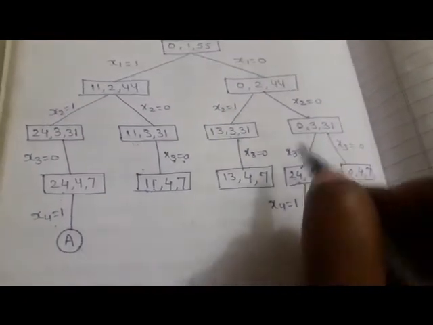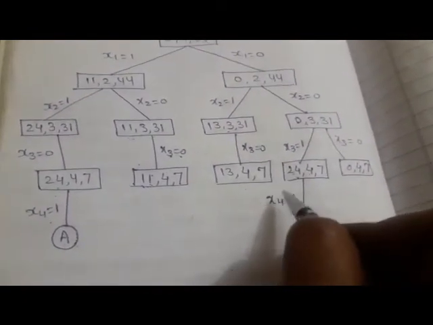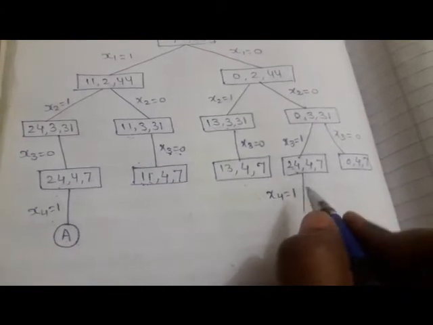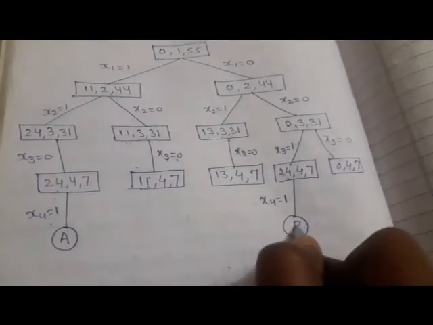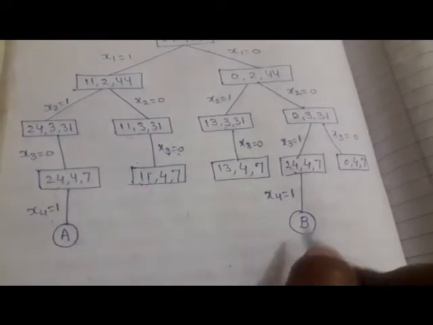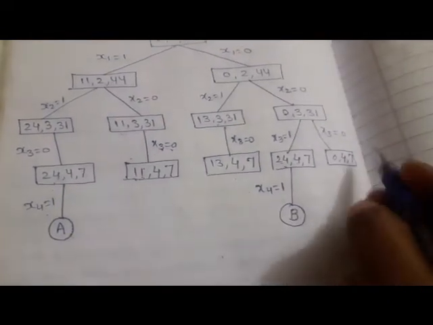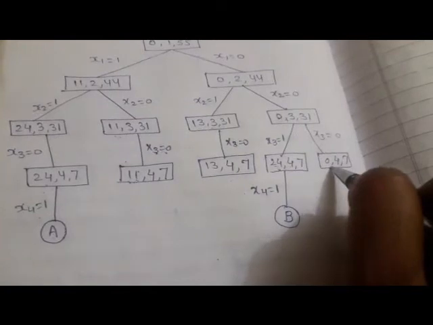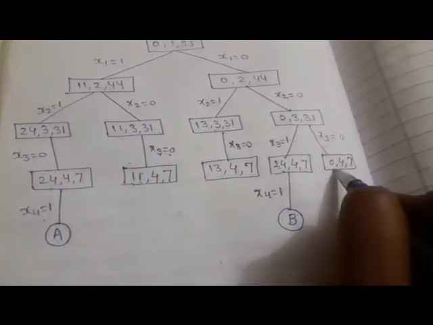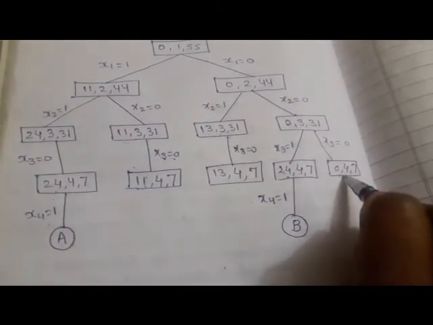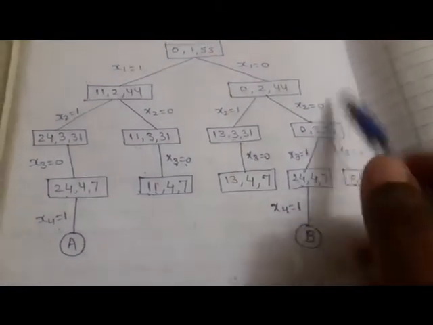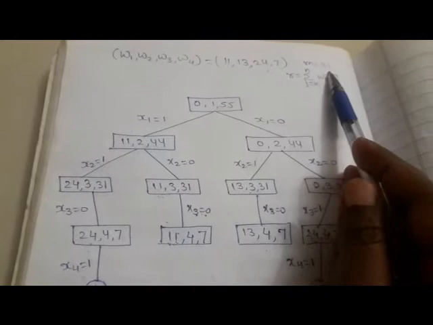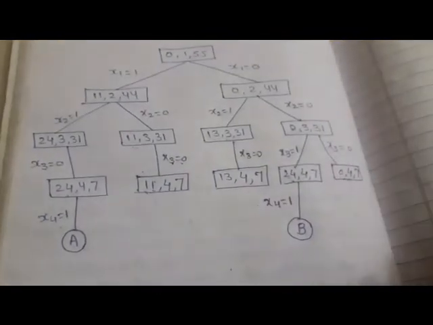So 24 plus 7 is 31. So this subset sums to 31, and therefore this will be our second solution. Now here it is 0. If we add x4, if we add weight 4 into this subset, then 0 plus 7 will be 7, but our addition is not equal to 31. So that's why we will leave it.